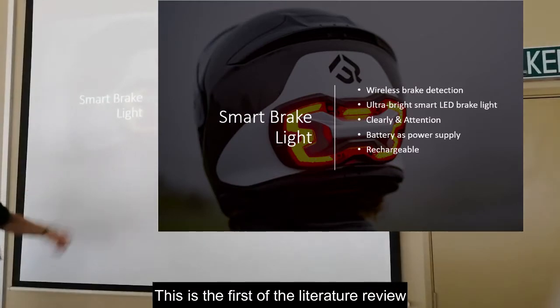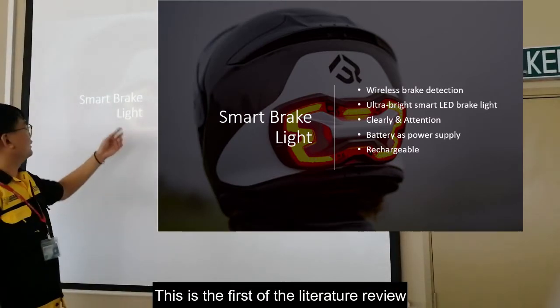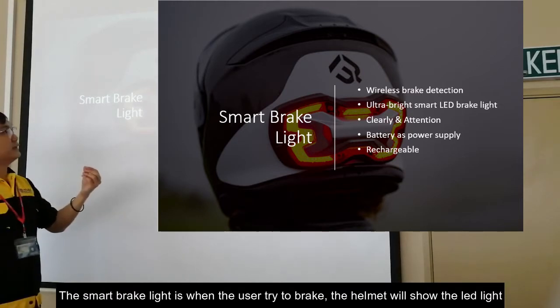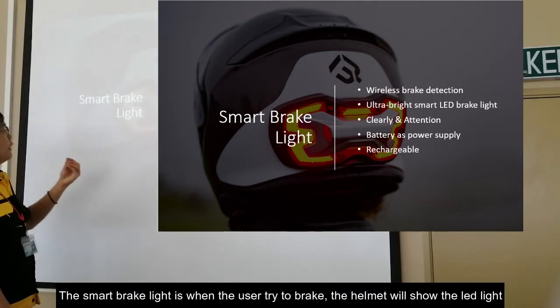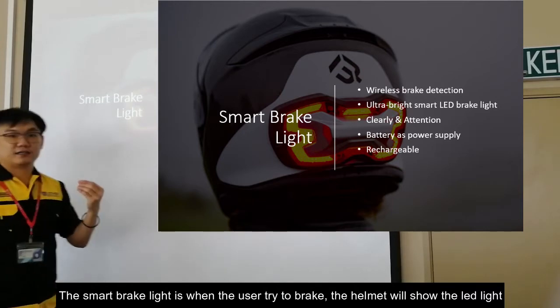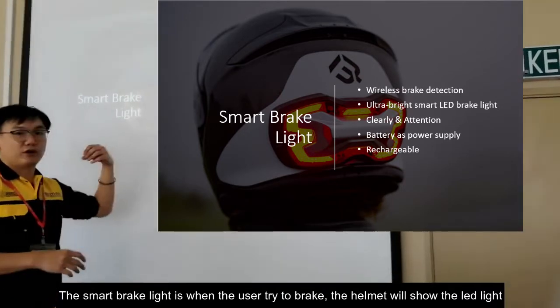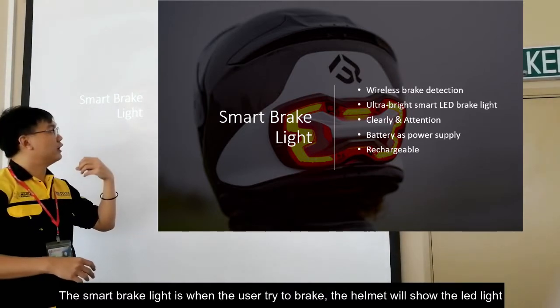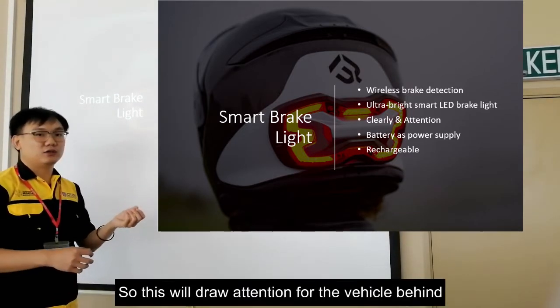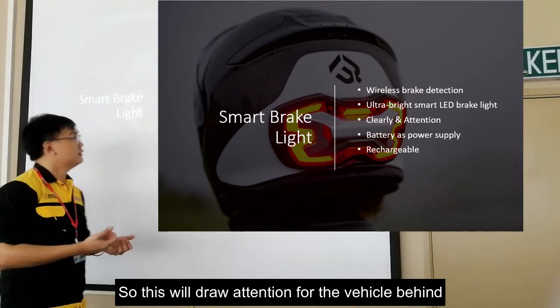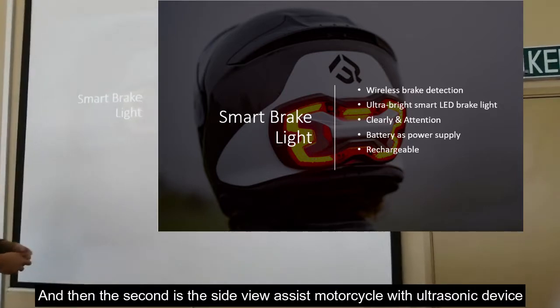Okay, this is the first one of the literature review. The smart brake light works like this: when the wireless brake detects that the user tries to brake, the helmet will show out a light. So this will alert the vehicle behind. And then the second one,